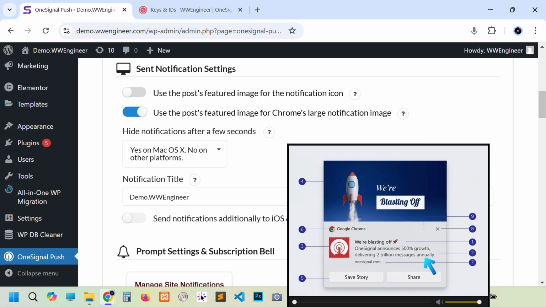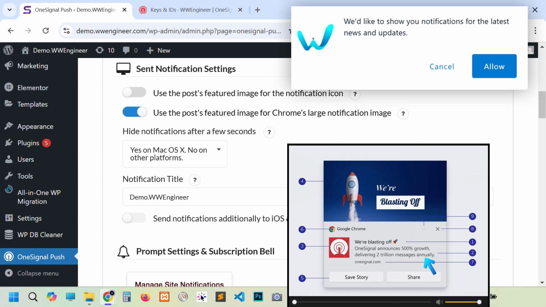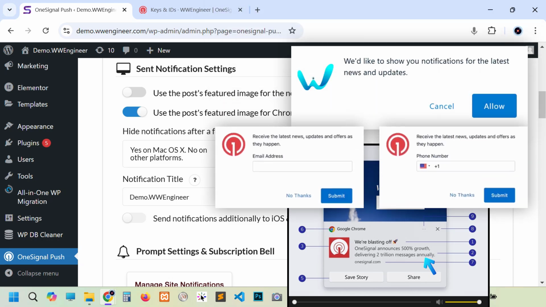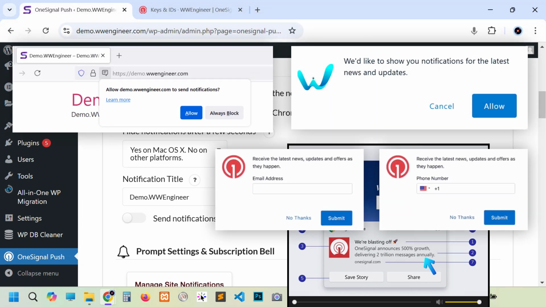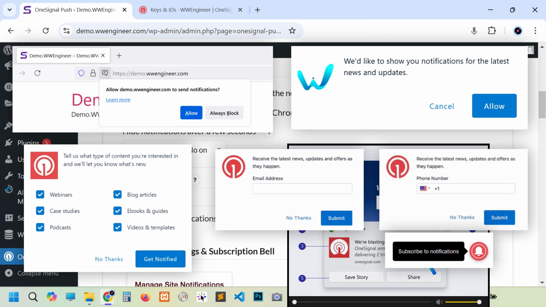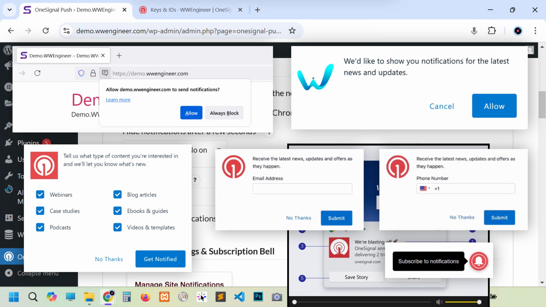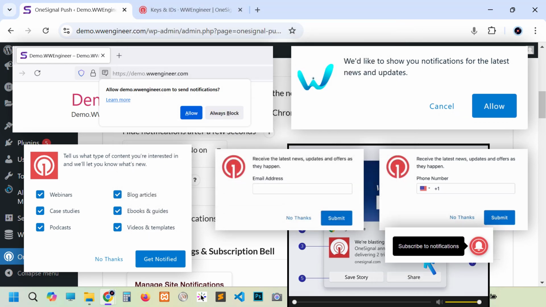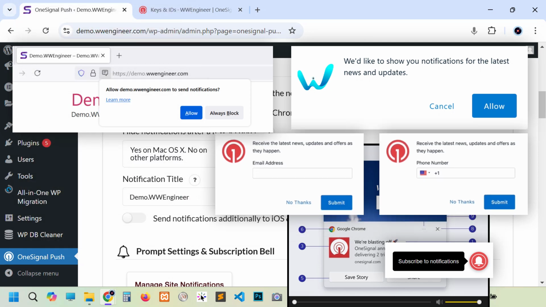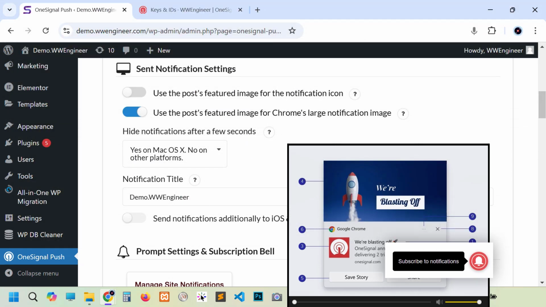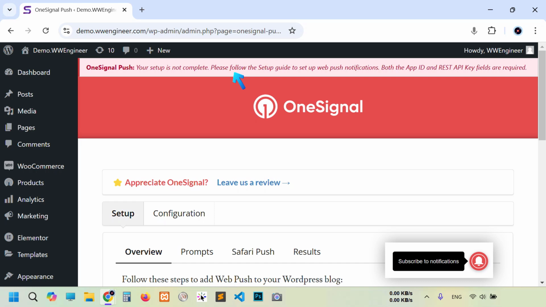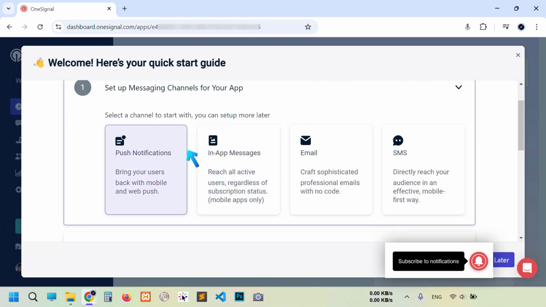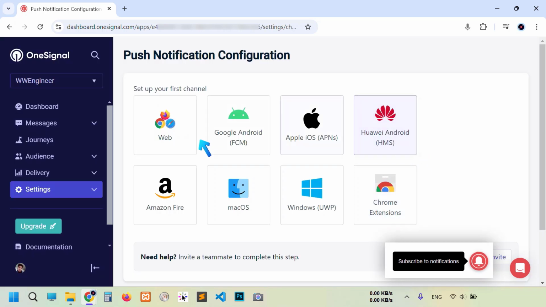When you visit a website, sometimes you see a pop-up message like this. If you allow it, you will get notifications about their new posts, important updates, discounts, etc. As a website owner, you can send them this notification through a computer or mobile web browser, also as in-app mobile push notification. So today in this video, we're going to discuss some basic and important facts about push notification and how to add the most popular OneSignal push notification service to any WordPress website.